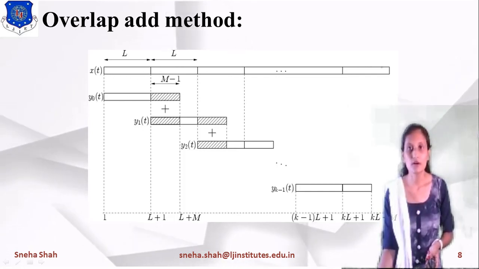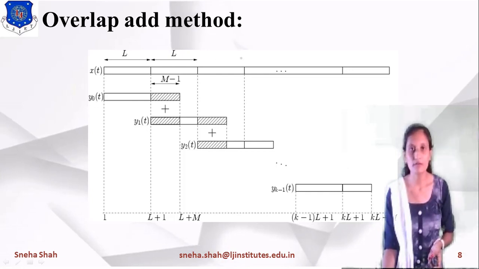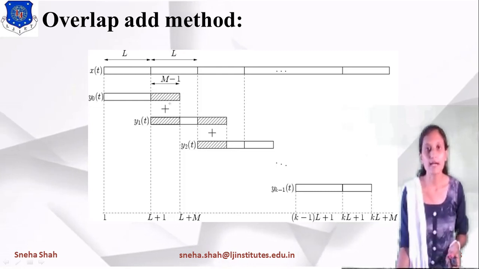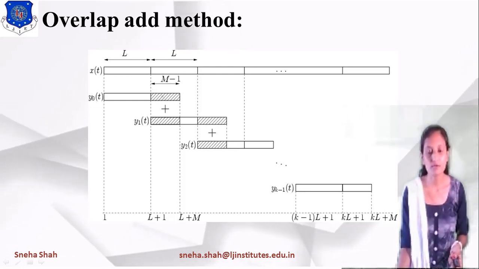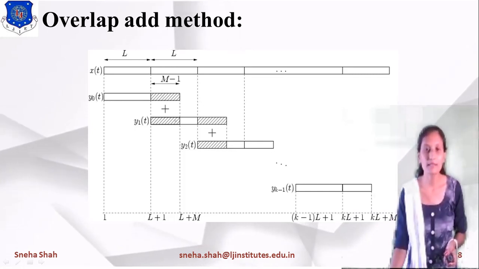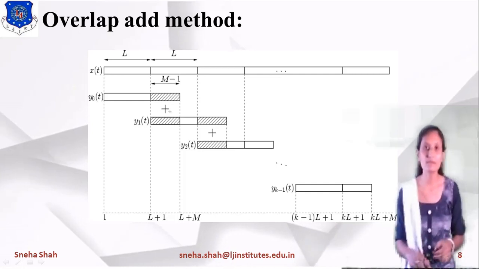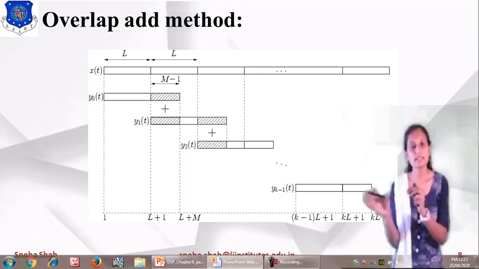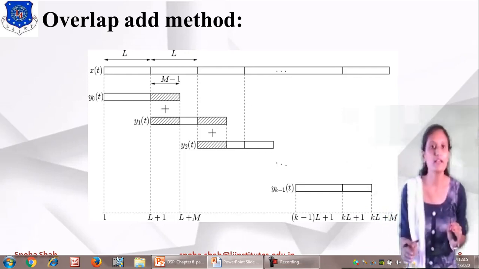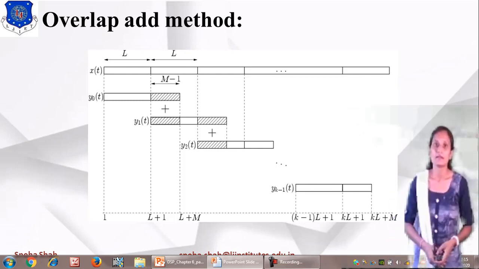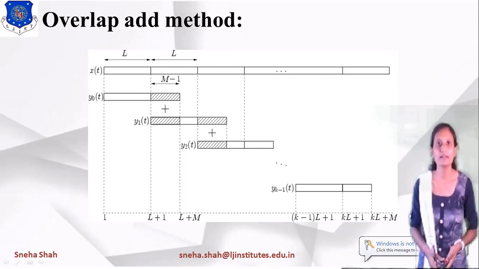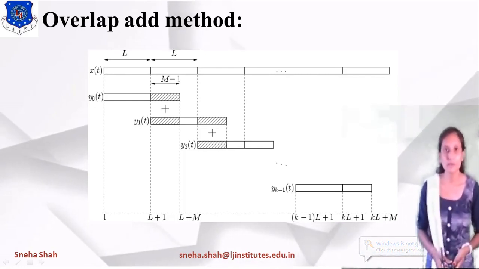So in this, the long input data sequence will be converted into a number of terms, each with L input samples, and it will give you output terms with M minus 1 zeros added at the end of the input sequence. After that, if we overlap and add these terms, there will be no problem because the zeros get added with the next input sequence. So there is no loss of data. So we will use this overlap add method to find the linear filtering of any long data sequence.